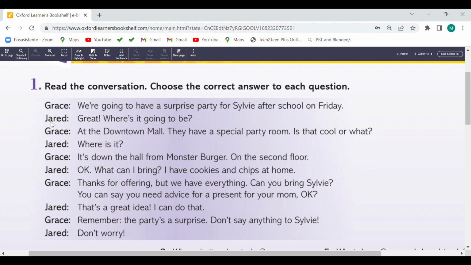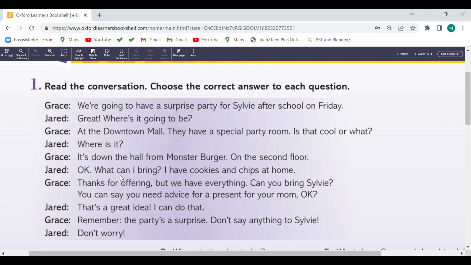Grace and Jared, for example. Grace, we're going to have a surprise party for Sylvia after school on Friday. Great. Where is it going to be? At the downtown mall. They have a special party room. Is that cool or what? Where is it? It's down the hall from Monster Burger on the second floor.